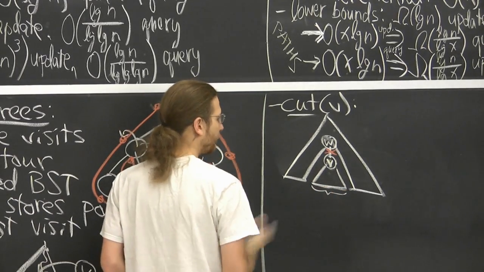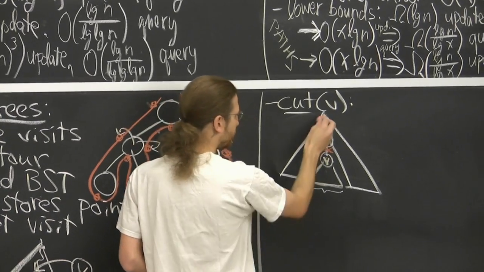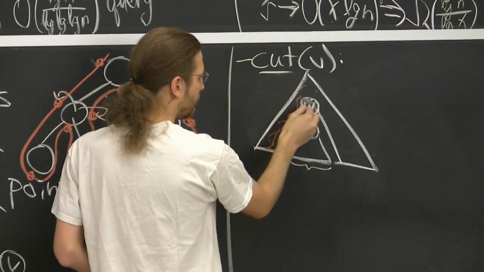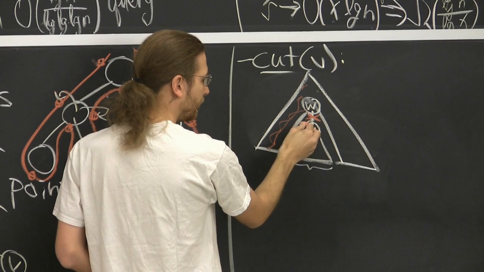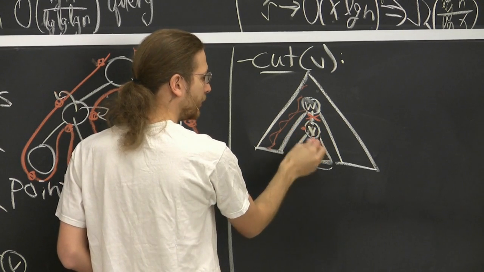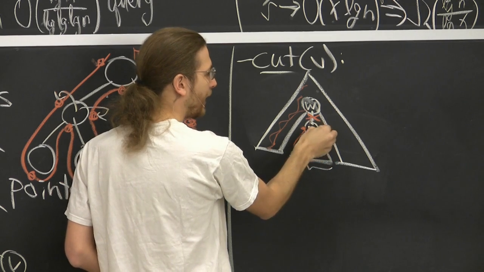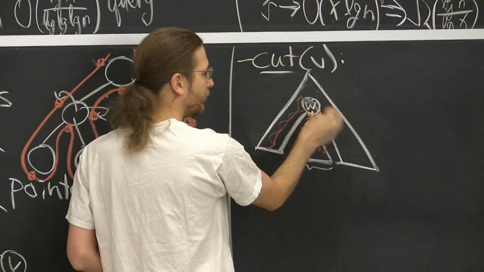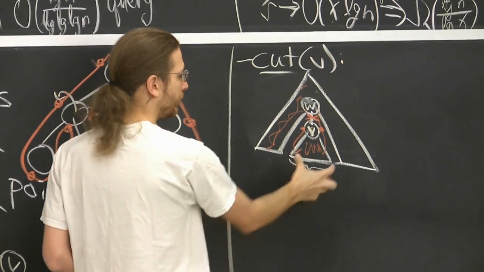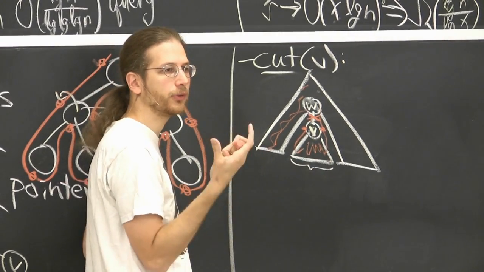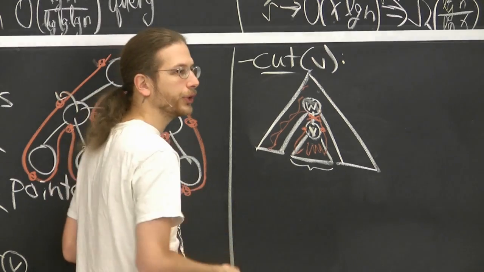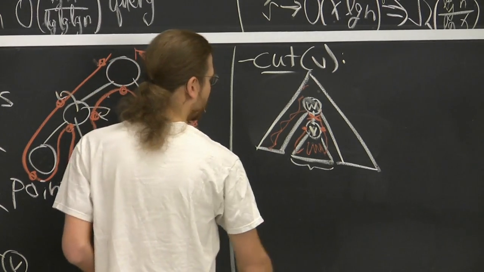But conveniently, if you think of the Euler tour, it does some stuff here. Eventually it follows this edge, visits v for the first time here. Then it visits all the stuff down here, then it visits v for the last time, and then it follows this edge and then does other stuff. So the v subtree is a contiguous interval of the Euler tour. So we just cut it apart.